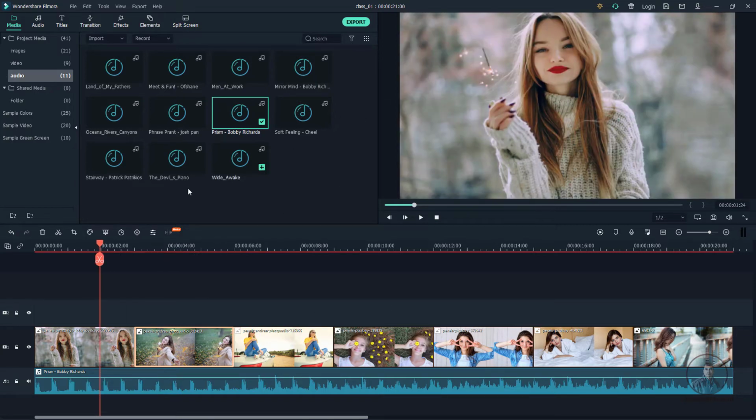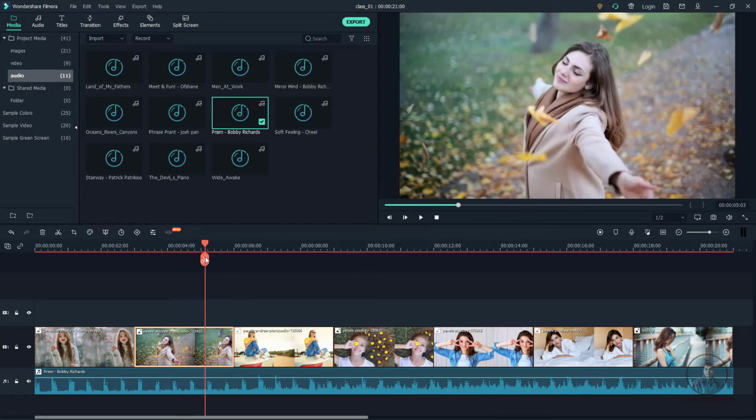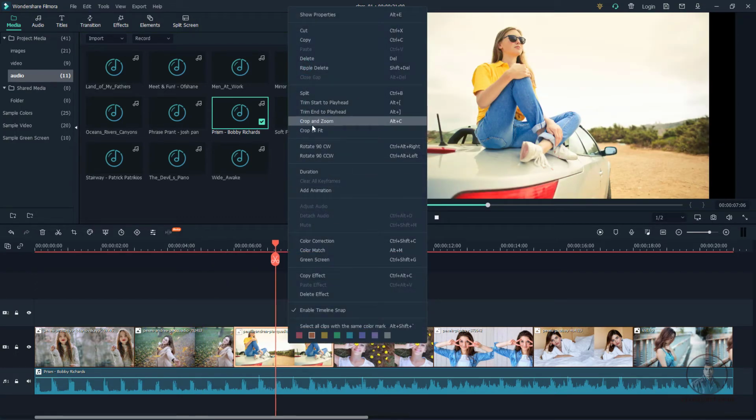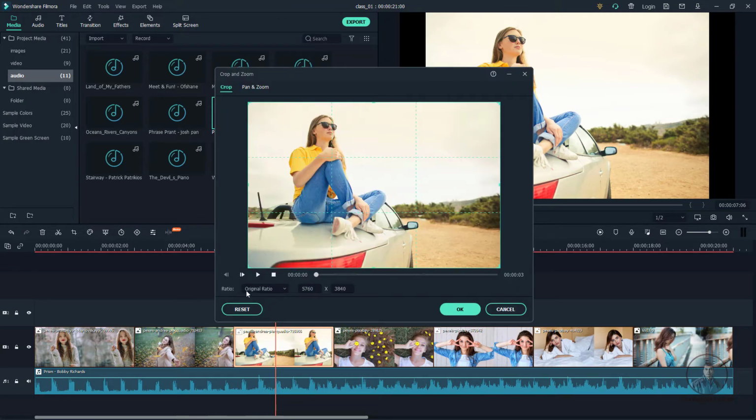So suppose you want to fit your media and display whatever you want in this frame according to your requirements. Then right click, then simply click the crop and zoom option. After this, in aspect ratio we have to select according to this frame. I remember this one, so here 16:9. Now here you can see, if you press OK, it will display only this area from this content.